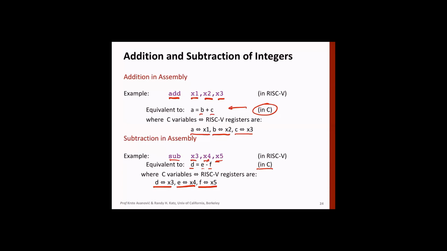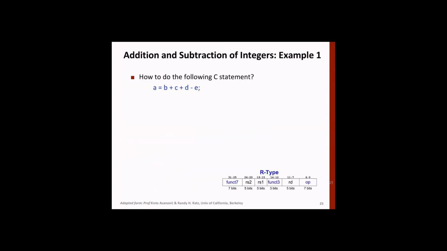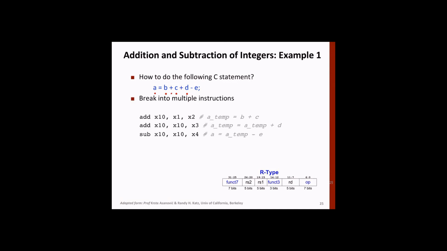So now let's see how to do this operation. This is a C statement: A is equal to B plus C plus D minus C. When we discussed the philosophy of RISC, we said that we can split any complex instruction into multiple instructions which are of simple type. So, all right, we'll have to say where these values are stored. Okay, so for example,